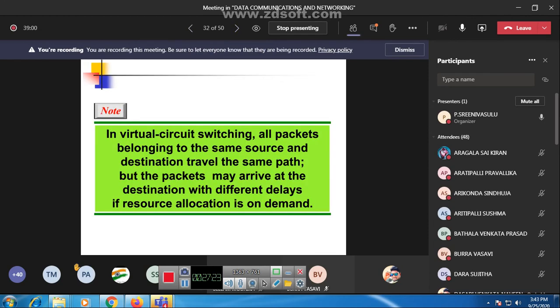In virtual circuit switching, all packets belonging to the same source and destination travel the same path, but the packets may arrive at the destination with different delays. If resource allocation is on demand, we may have delay, but we arrange the packets based on the numbering, so we get back all the packets at the end.